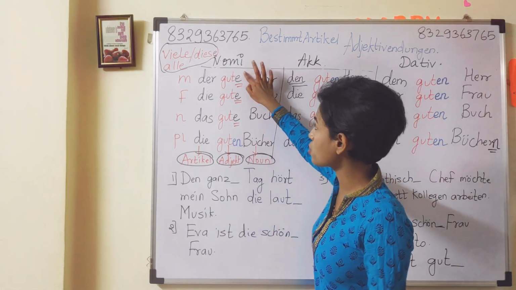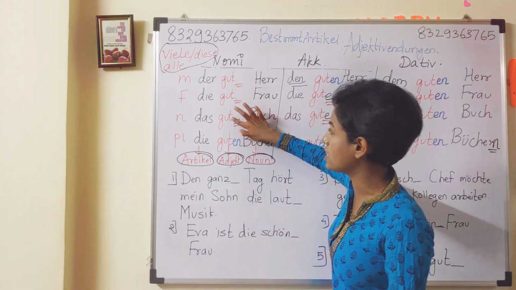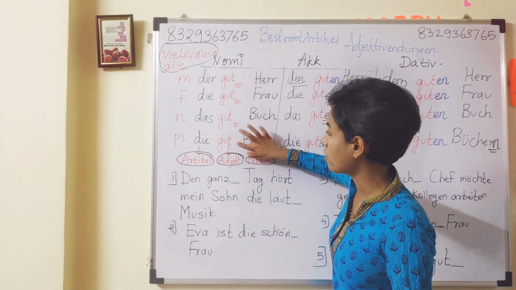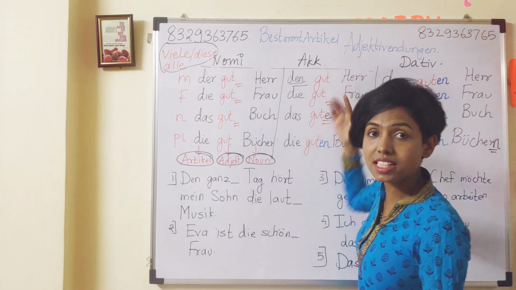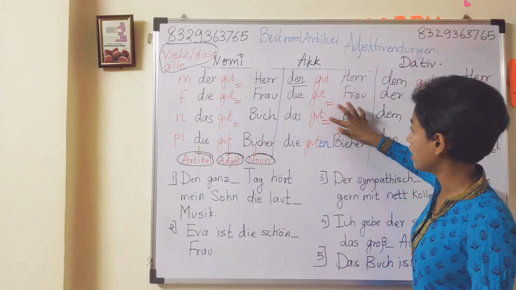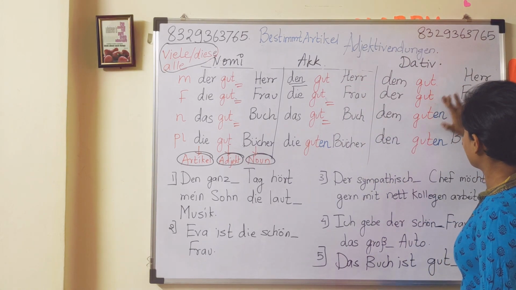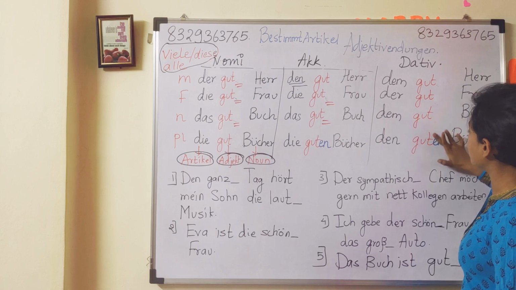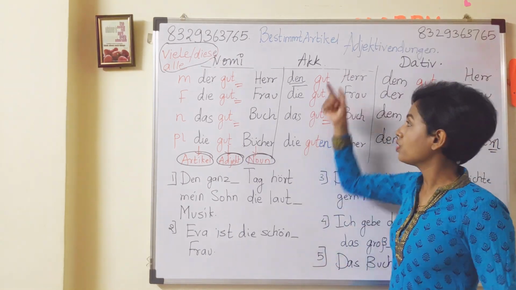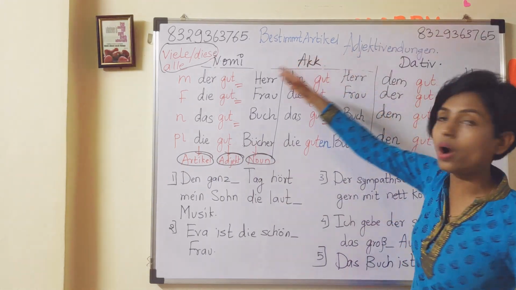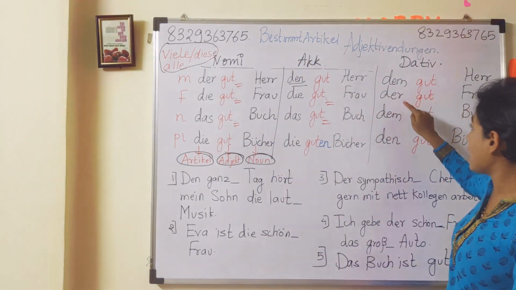So, for example, for some time being, I am going to erase these endings for your convenience, so that you will be able to understand it more clearly. Now, I have erased it completely because I need to tell you some tricks related to it. Now, as you have written all this particular chart: der, die, das, die; den, die, das, die; dem, der, dem, den;